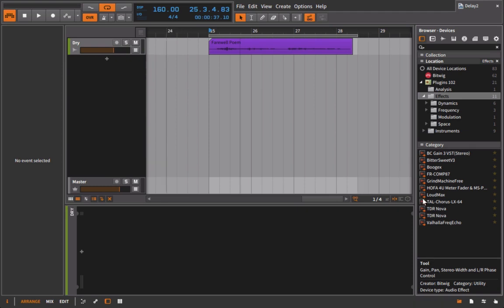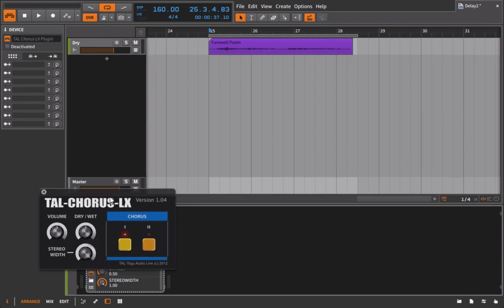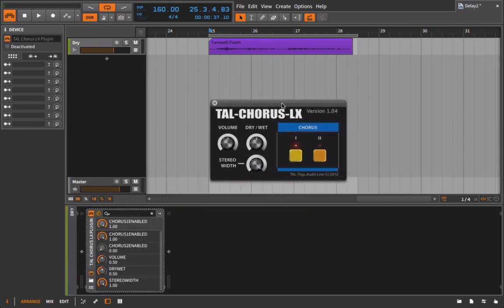But here we're going to take a look at one of these plugins, and it is called the TAL Chorus LX64. And with this one, it's a very simple little device, but gives you a lot of variety in terms of chorus sounds. And that's why I've brought it in here, because I absolutely just love the sound of this thing. So we have here a volume control, a dry wet, and a stereo width, and nothing else except for these two different versions. So if I play my mono signal right now and I don't have either chorus enacted,